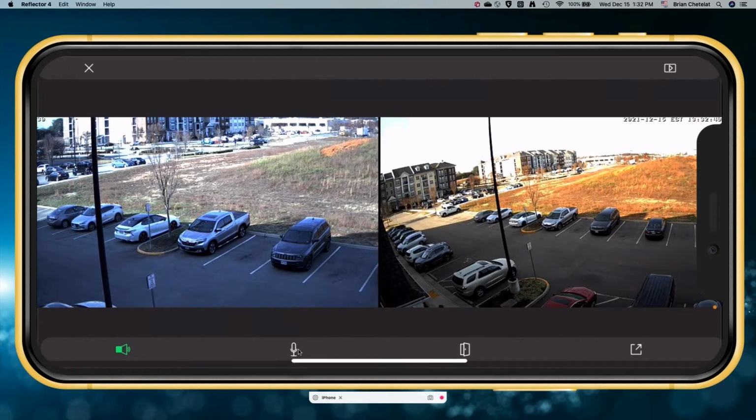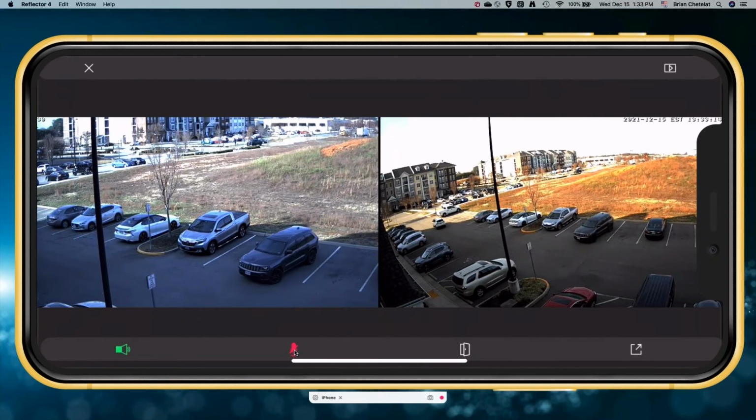If I want to mute myself at this end at the mobile device, I basically just would tap that microphone. You'll see it turn red. So now the sound from the camera side is still opened up. Okay, I'm still good with that, but I'm muted out to the camera. So that's what this icon here is.